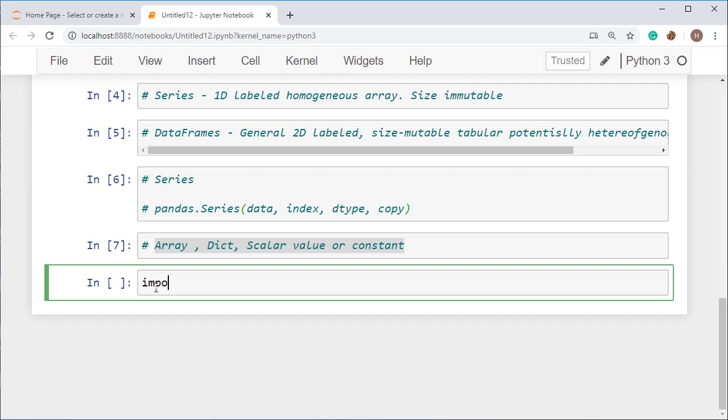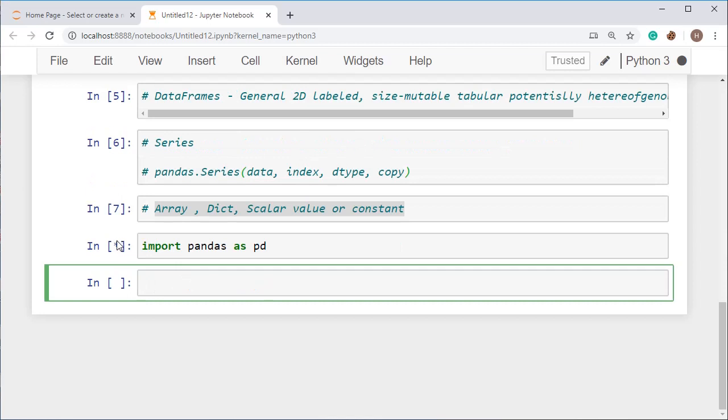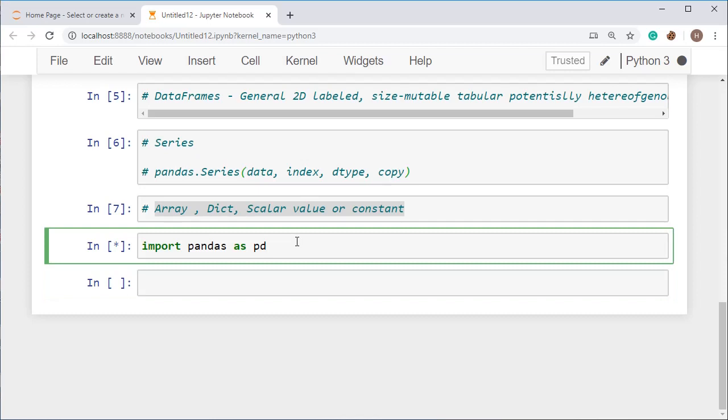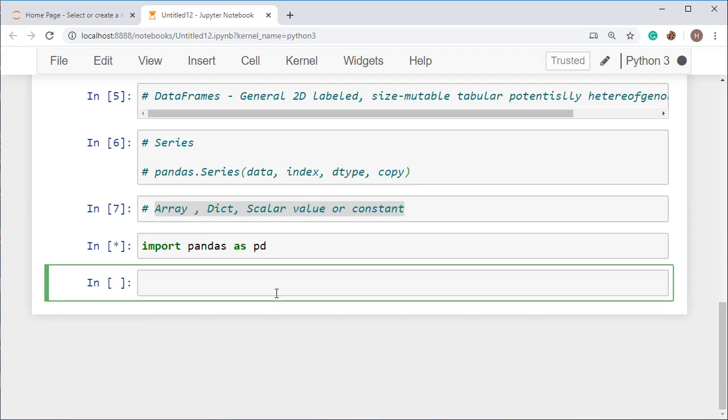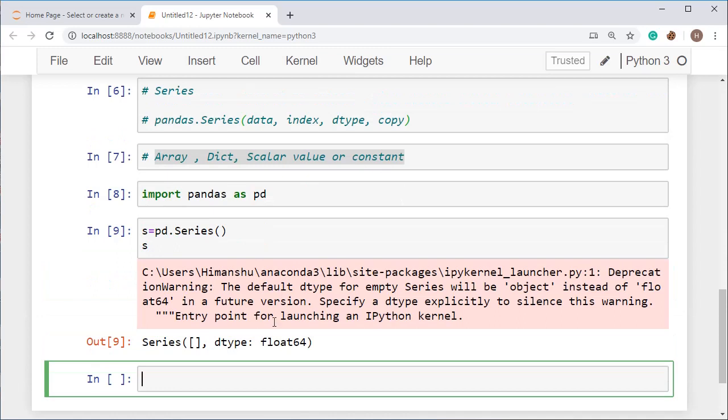So first of all, import the pandas library. For that, use import pandas as pd and Shift+Enter and wait until the star gets converted into a number, because it is actually fetching the data for the pandas library to set in your environment. Now for this we have to use just s is equal to pd.Series and put the S as capital, otherwise you will be getting an error, and then just print s, and this one will show you the series data type float.